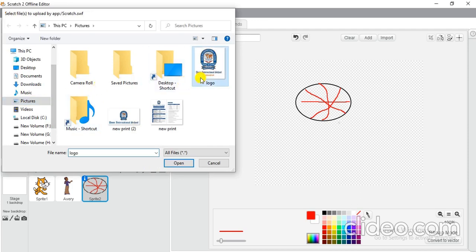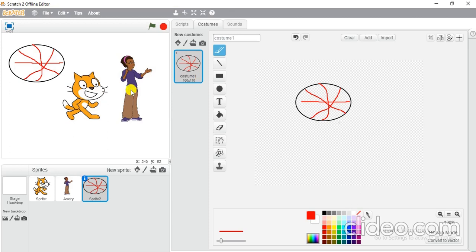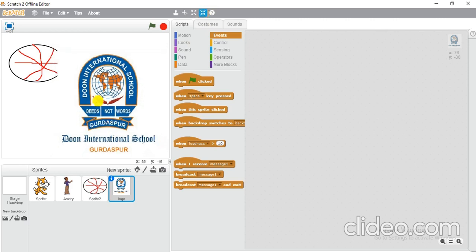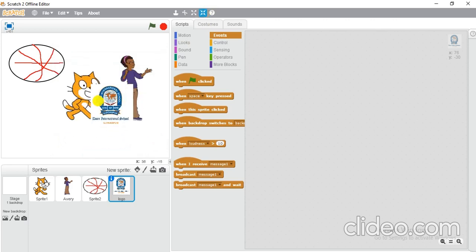I have this particular image, I'll click on it and you will see the image appears on my stage. Now I want to reduce the size of this, so I'll go to the cursor tools, click on the shrink option, place the pointer and click on this, and you will see I can shrink the size of my image and drag and drop it anywhere. So this was your method number 3.